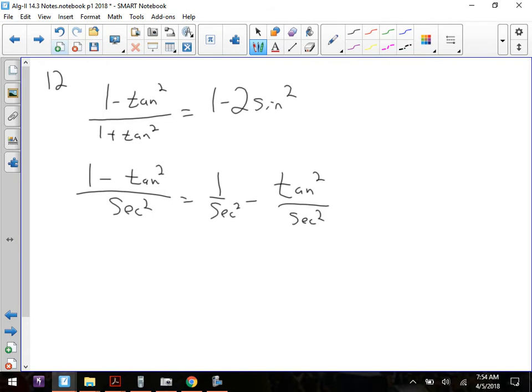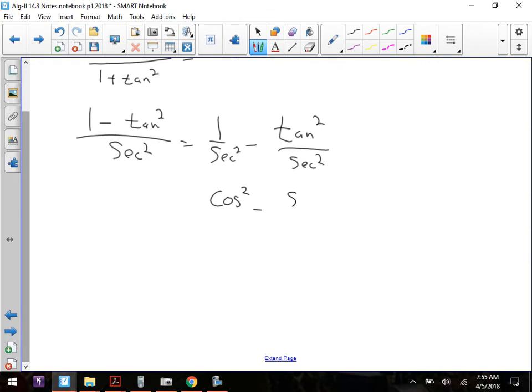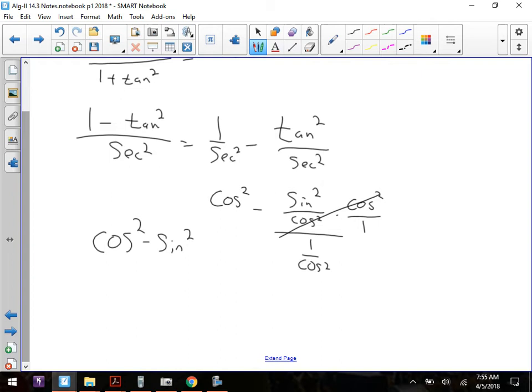One minus secant squared is cosine squared. Then you get a complex fraction of sine squared over cosine squared divided by 1 over cosine squared, which then brings up that 1 over cosine squared and flips it. And you get that. And you wind up with cosine squared minus sine squared. Which means I just need to rewrite everything in terms of sines. So in order to get sines, I know that cosine squared is 1 minus sine squared. And that's how I get the 2 sine